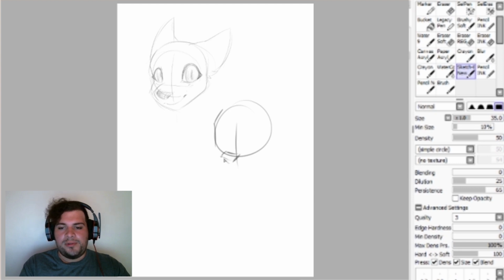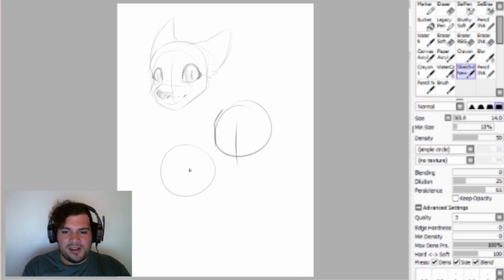So what is the difference between this brush and the other one? This one is like using a Sharpie or a marker that you can use multiple times, and it will get darker the more you use it. Basically, I can do the same thing. The thing is that I like the other brush more because it looks thinner. I can use this brush on 7 or 14 and still get it